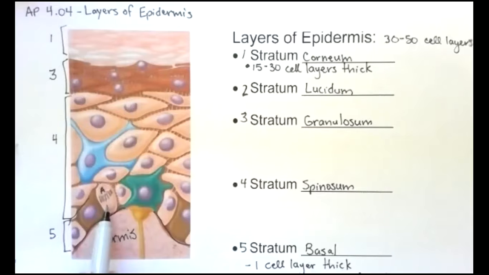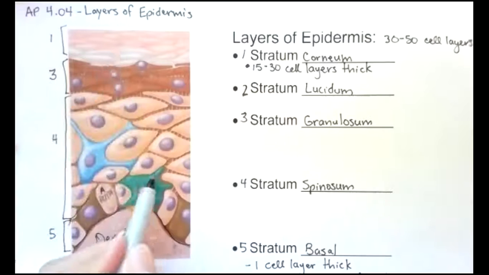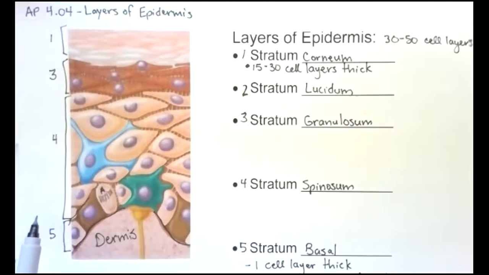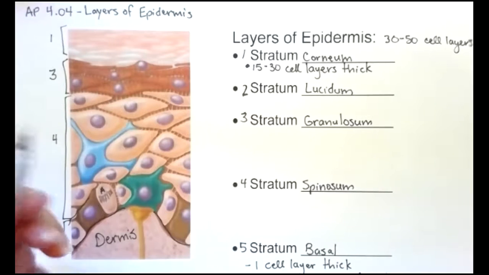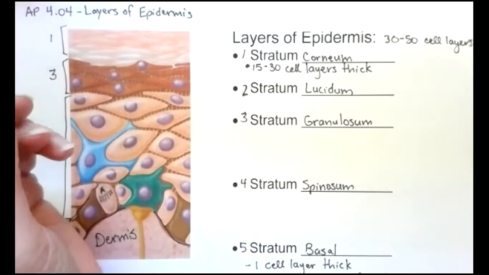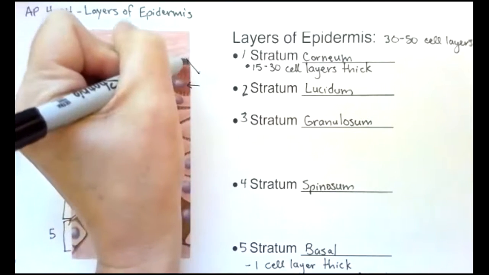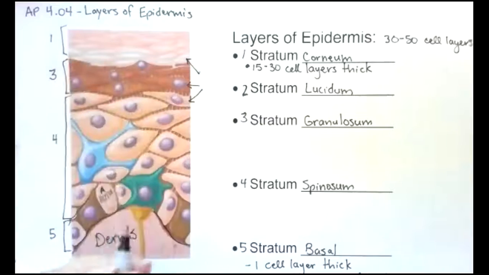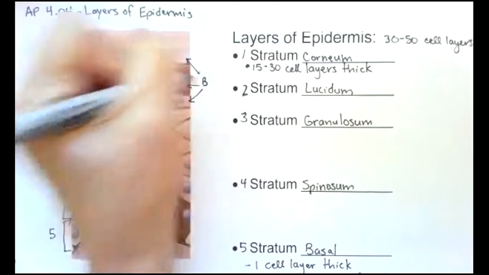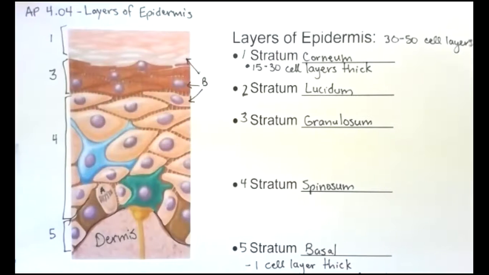This is where we're producing the cells that make up the epidermis, most of them. If you notice, all of these cells, even though they look different, are all the same. They're called keratinocytes. So if I point to this, and this, and this, and I'll put a letter B here, this is mitosis, and we are forming